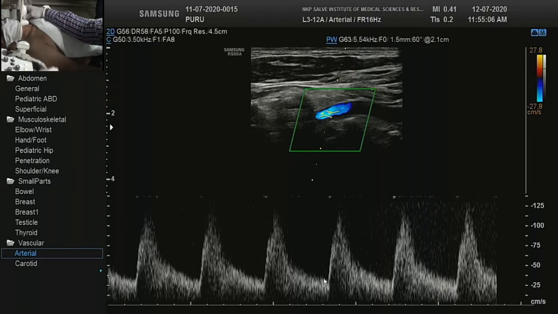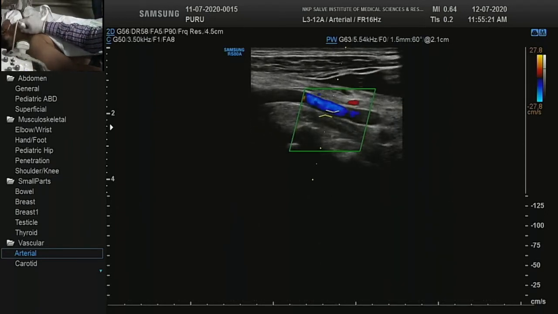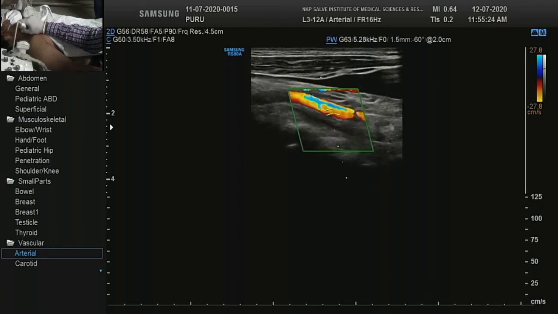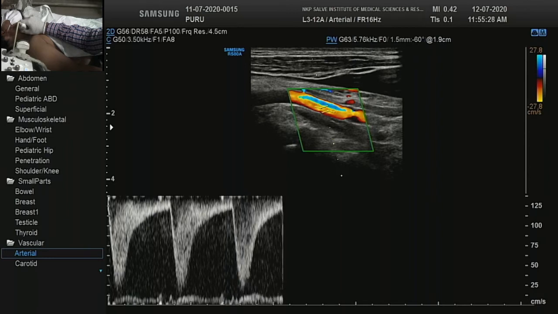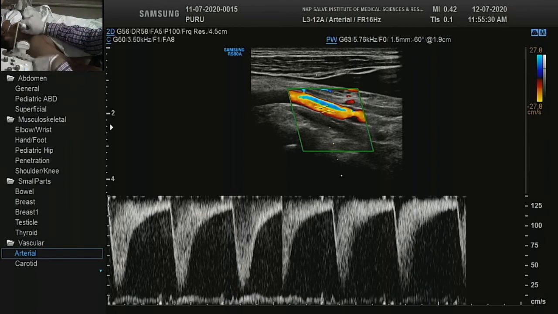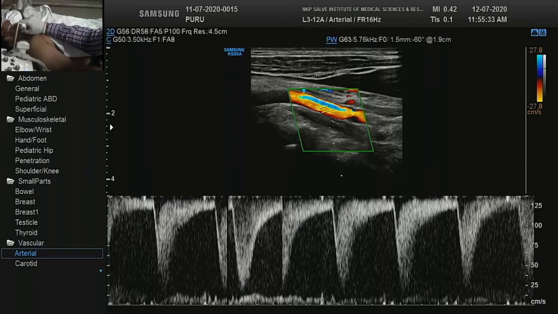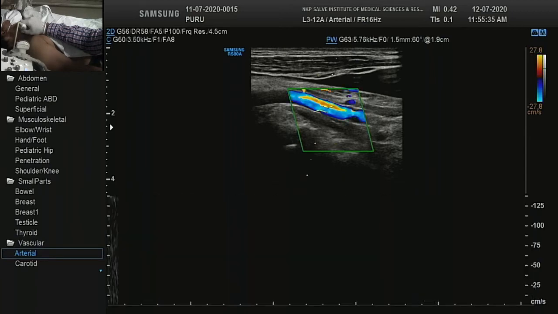So while doing carotid Doppler and assessing the vertebral artery, if there is a systolic dip somewhere, there are various grades of steal described. There are 3 to 4 grades. And we will come back to the right side. If you see this, it is totally on the other side. This is a complete steal.